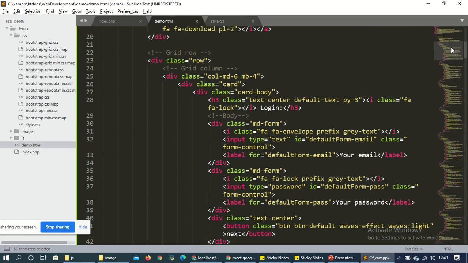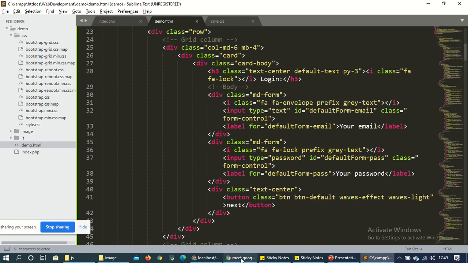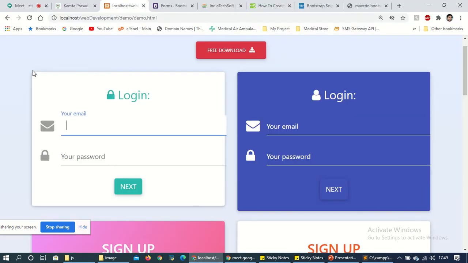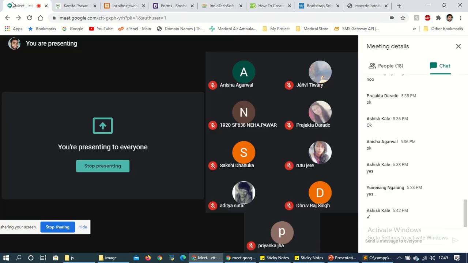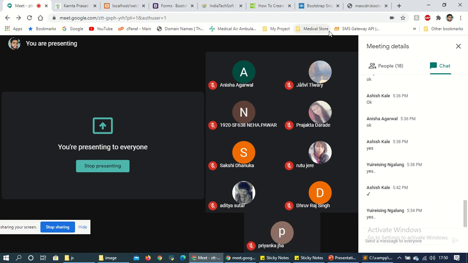See, it is divided into six and six sections. This is for six and this is six. So this page is divided into six and six parts. The row is divided into six columns. Okay, so I want to delete the first one.